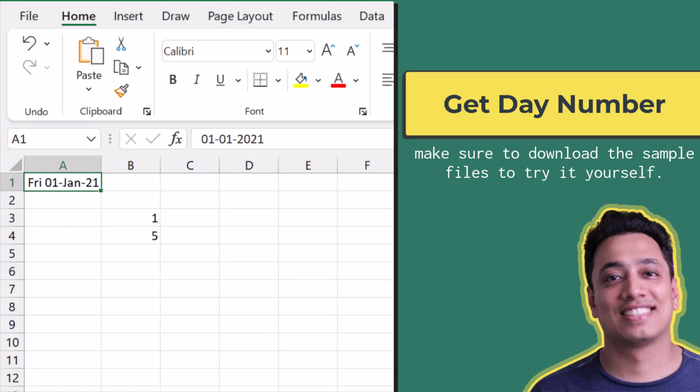So it's Friday. If I start my week from Monday, Friday is the 5th day in the week. That is why it has returned 5. So you have two ways to get the day number. One is the day within the month, from 1 to 31, and the second is to get the day number within